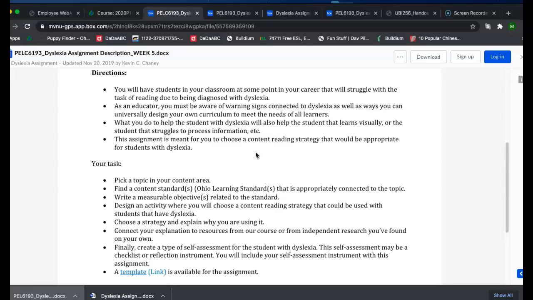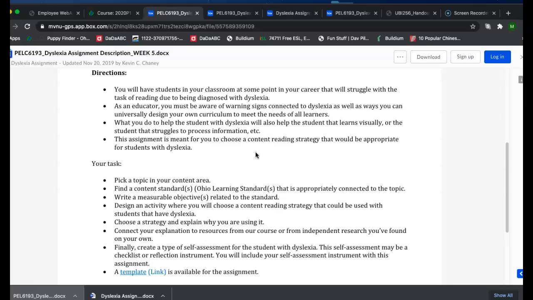What you do to help the students with dyslexia will help all of your students. It will help those students that learn visually or students that struggle to process information. Whatever strategies you use to help the student with dyslexia are also going to help all of the students in